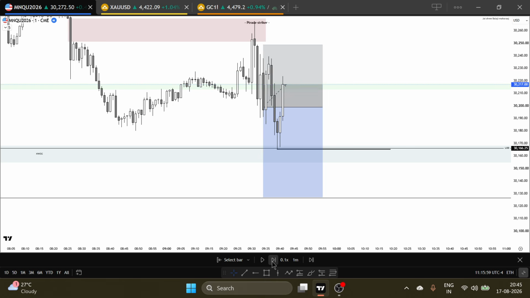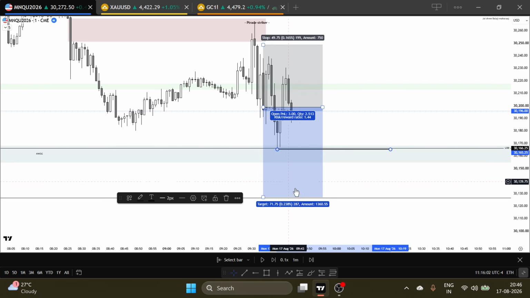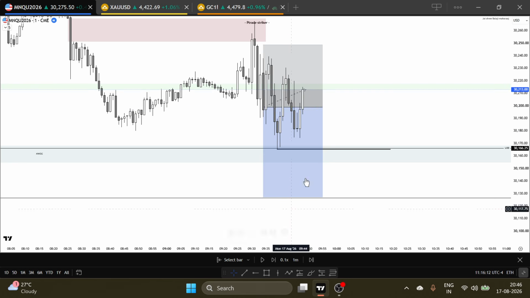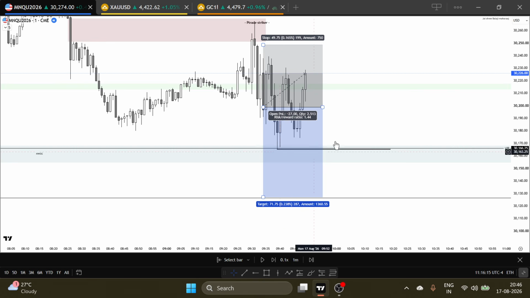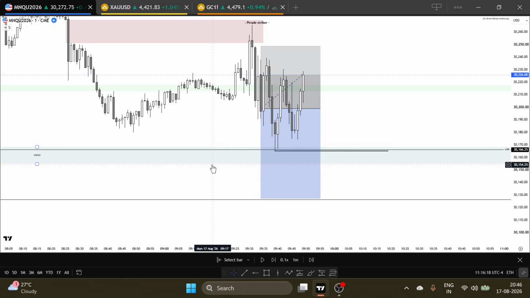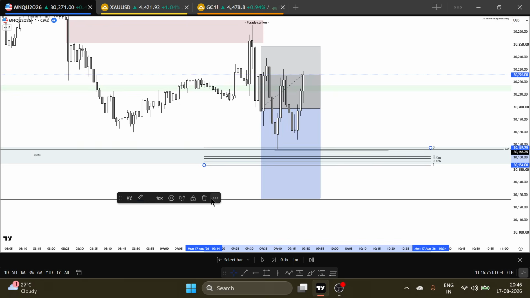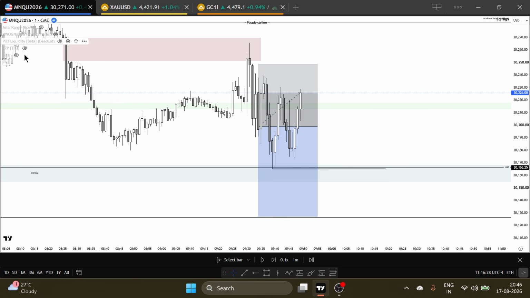So here you can see price went down. Now I marked this low, and I was thinking if price breaks this low, then I will trail my SL to break even. Here you can see price started going down but didn't break this low because price had already retested this NDOG. I really want price to respect at least 50% of this NDOG, right? Then I would consider that this NDOG got respected. Now price didn't respect this low and then started pushing up.